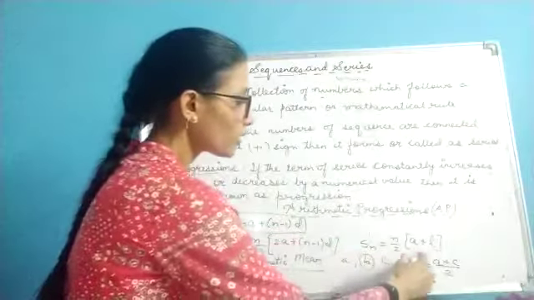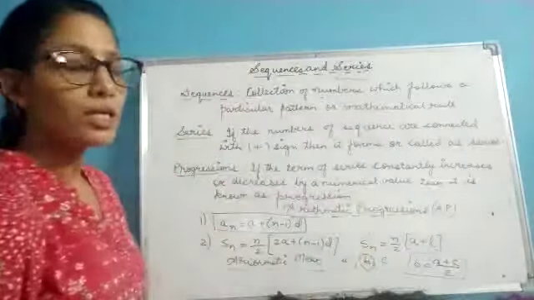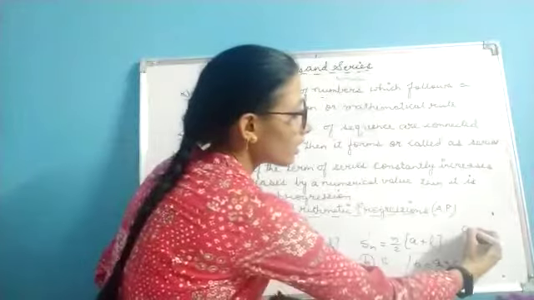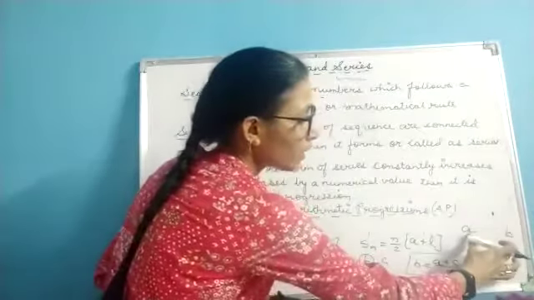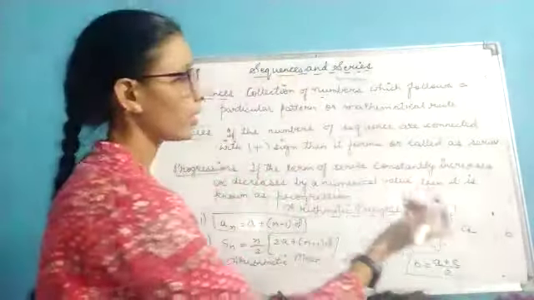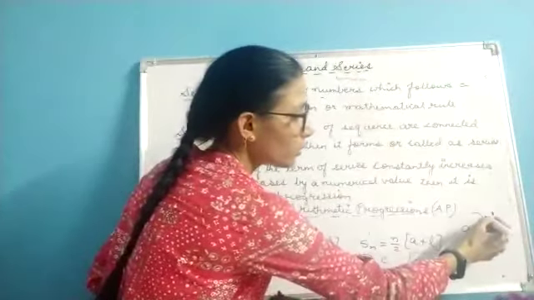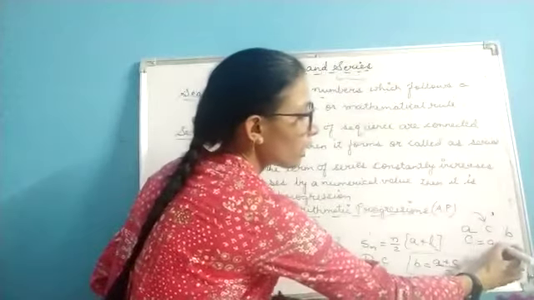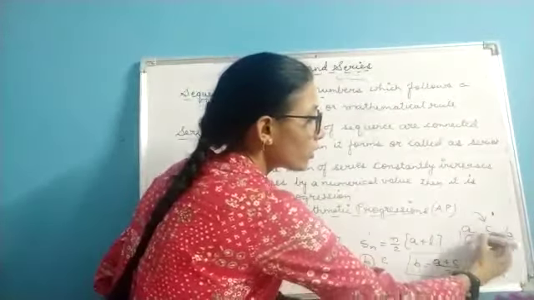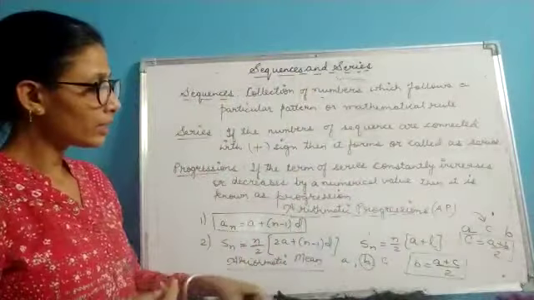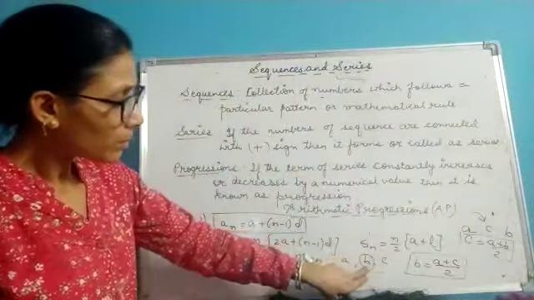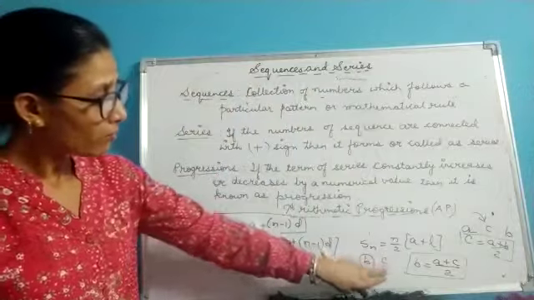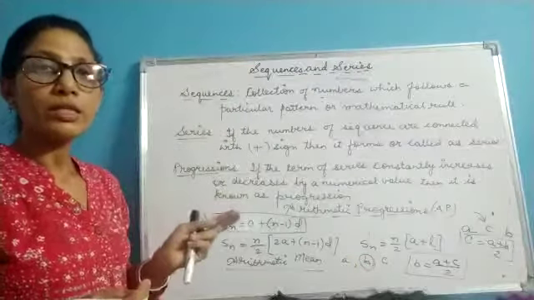So this is one of the formulas you will find in your books like this: if A, B are the extremes of your AP and C is inserted in between, then C equals (A plus B) by 2. So children, simply you can remember it like this, that the middle number is always half of the sum of the first and the last term.